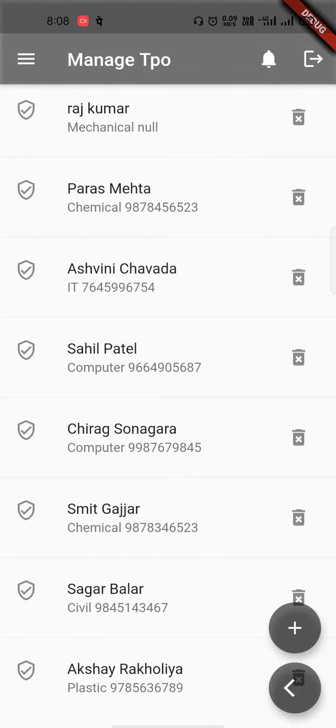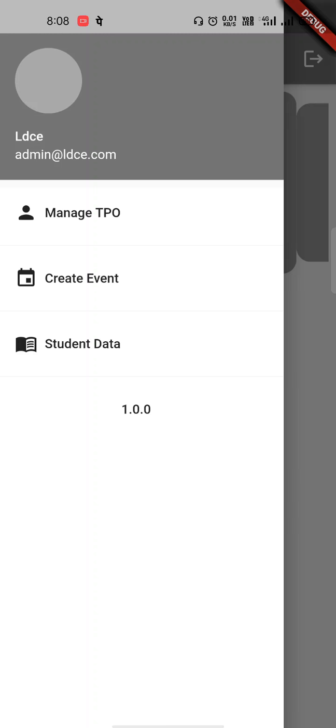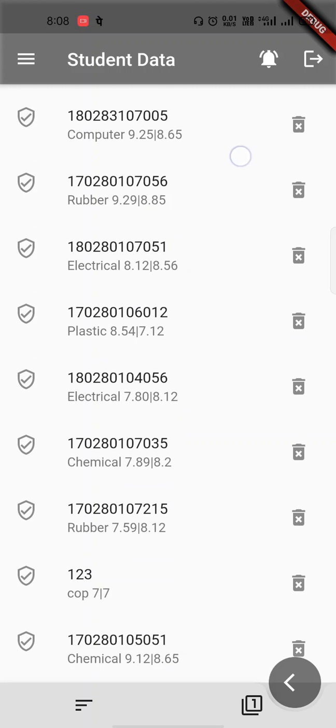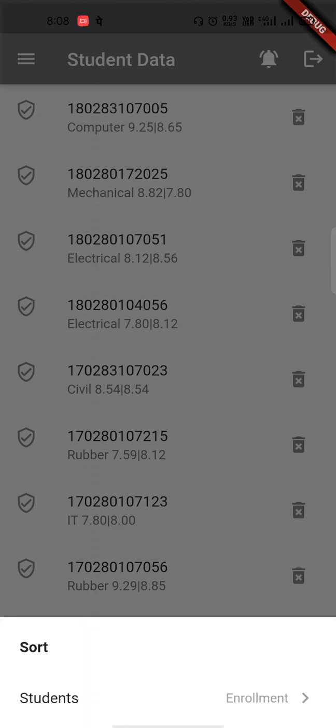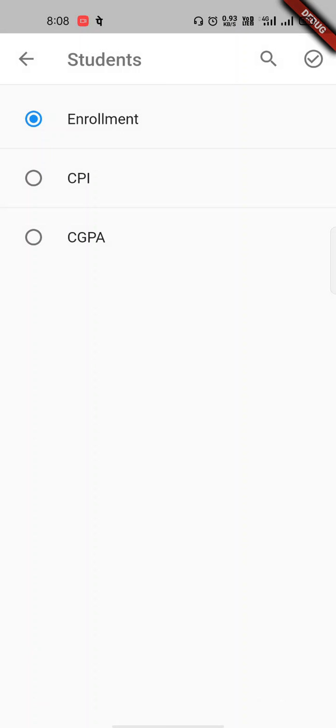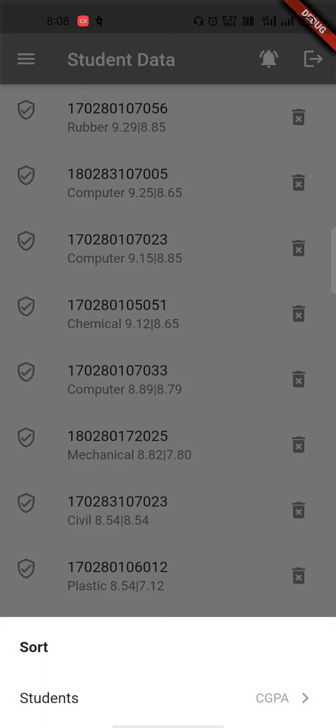The admin can also see the student data. Here is the student data of all the departments with the CGPI and the CPI. Here we have filtering and sorting of the data. In sorting we have ascending or descending by the CGPI. So let me see.